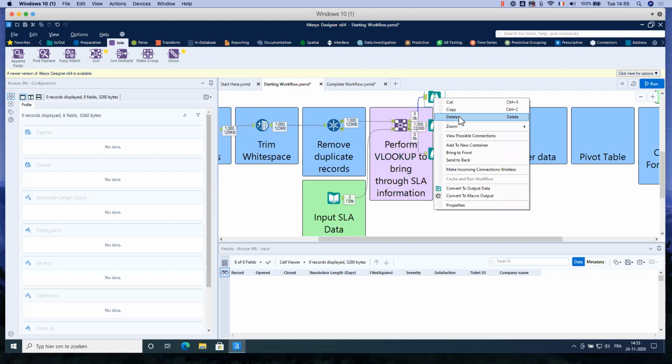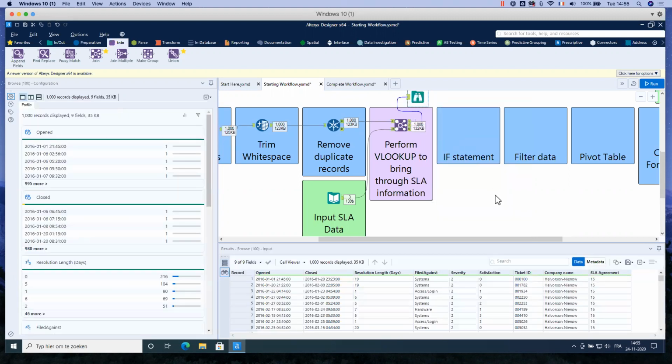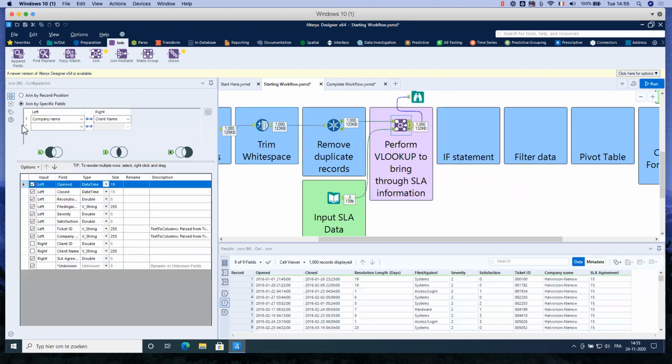You can also copy and paste tools, of course. So I will delete it then. Okay, delete this one. I can keep it. So that's the join. In fact, it's a really useful tool in Alteryx. In our case, we just join the 2 tables by one common field, but in fact, you can use as many fields as you want.